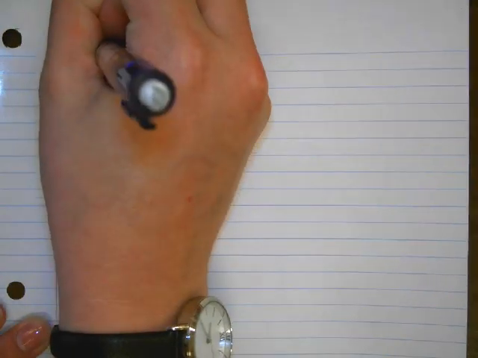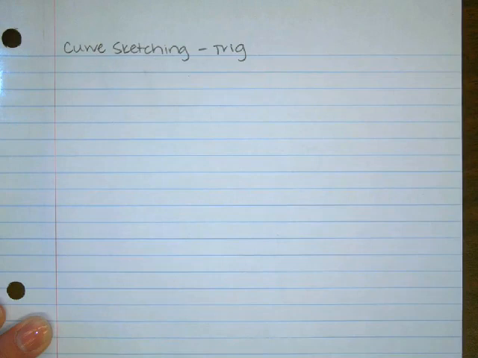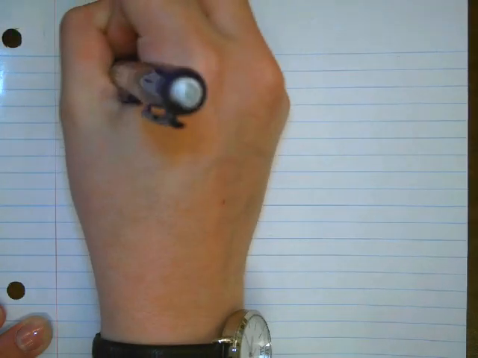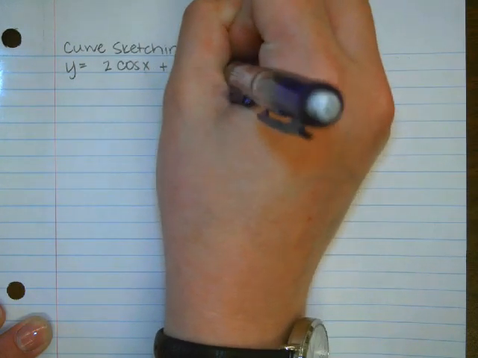So today we're going to work on curve sketching still, but we're going to focus in on some trig problems just to make sure we can handle them. So curve sketching, trig. All right, so the problem that we're going to be sketching is 2 cos x plus 2 sine x